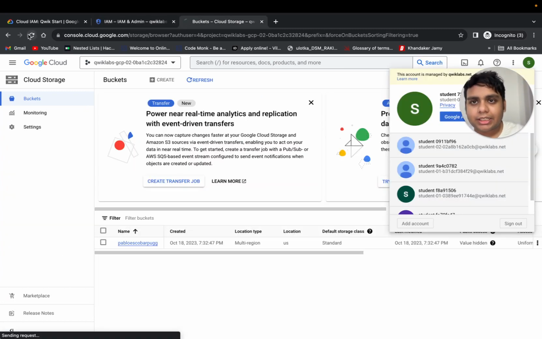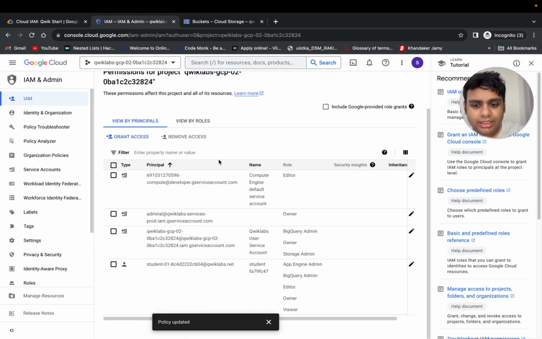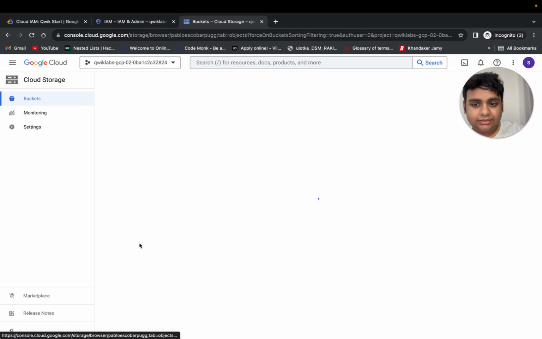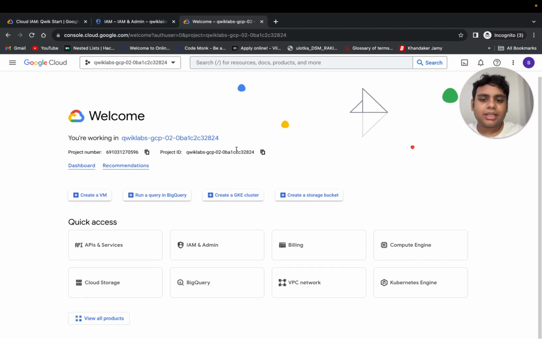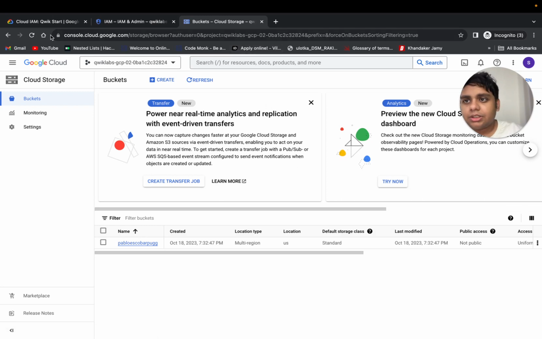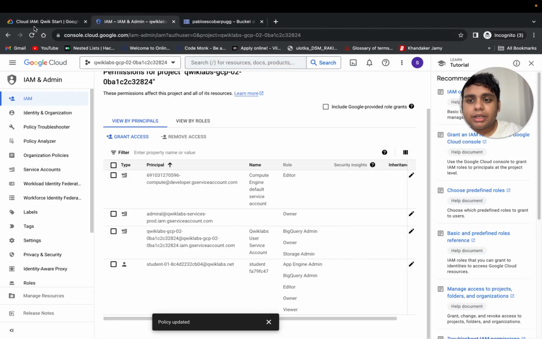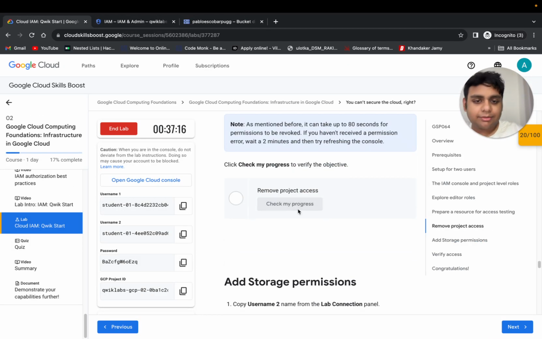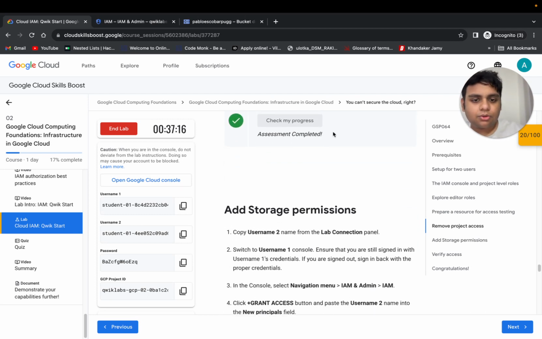And now if we go ahead and click refresh, we are still able to see that, but there should be something that doesn't come up. Alright, now if we click this, that's strange, but again, you don't need to worry about this. There might be a glitch or something, but still you should be here. Alright, so when I'm here, I'll just go back and I'll check my progress. Okay, it can take about 80 seconds, so it can take time,